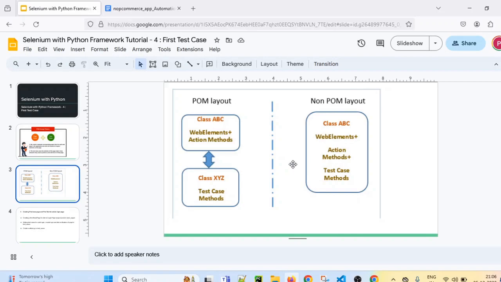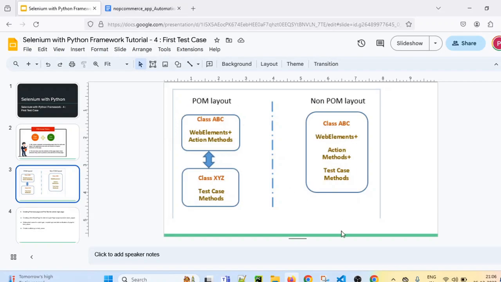And then we will have to change that locator for all those 20 test cases. Now it becomes very tedious. To avoid that, we can use the page object model layout. In page object model layout, we will separate out locators and action methods in a separate class.